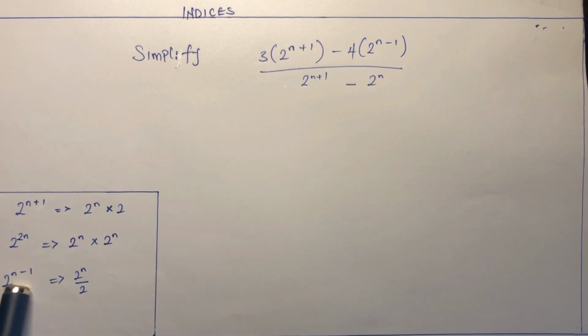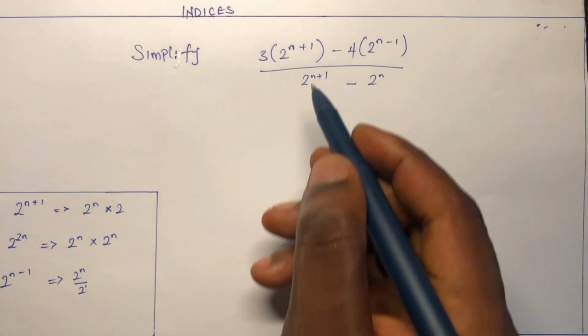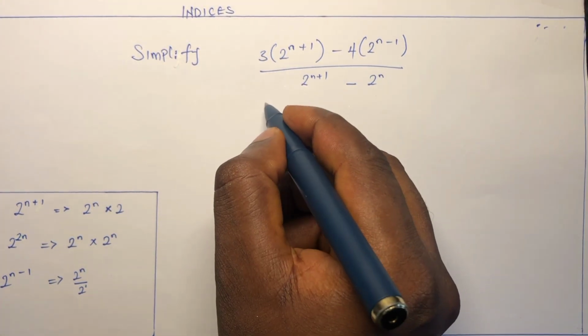Now, when we have subtraction in the power, you should know that we are dividing whatever we have, right? So we have 2 power n minus 1. It means that 2 power n is divided by the same base of 2, but this time with a power of 1, no longer n. Yeah? So that is exactly what it means. So we're going to replace what we have here with this. And then we have